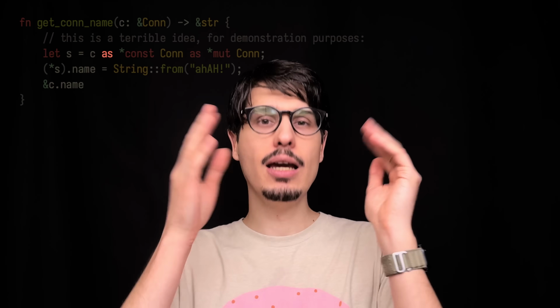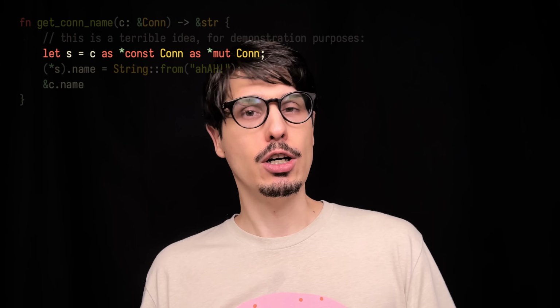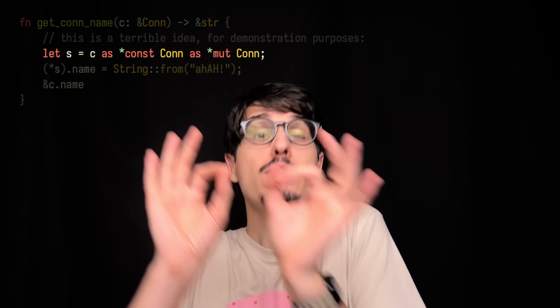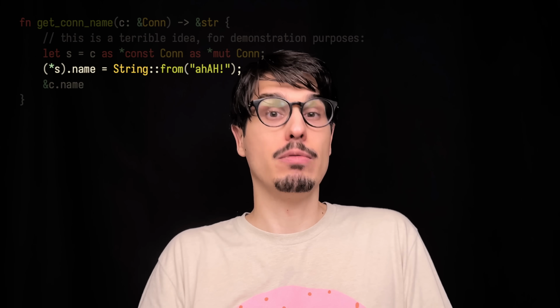But what if we feel cheeky? What if we want to try to mutate it anyway, for a laugh? Like casting away a const qualifier in C and C++, like we did. Can we do that? We totally can. Casting a const pointer to a mut pointer in Rust is allowed, even in safe code. That's totally fine. Using it, however, that's another thing entirely. As soon as we try to assign one of its fields by dereferencing that mut pointer, still with the star